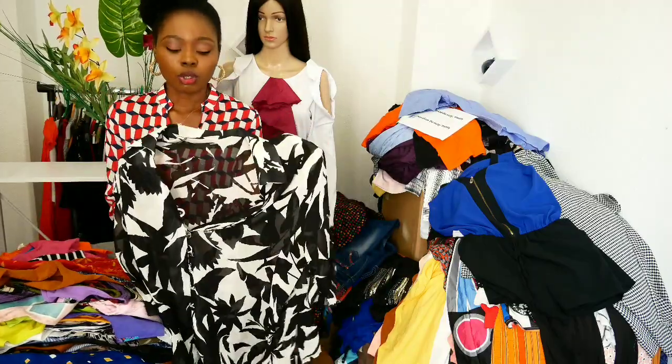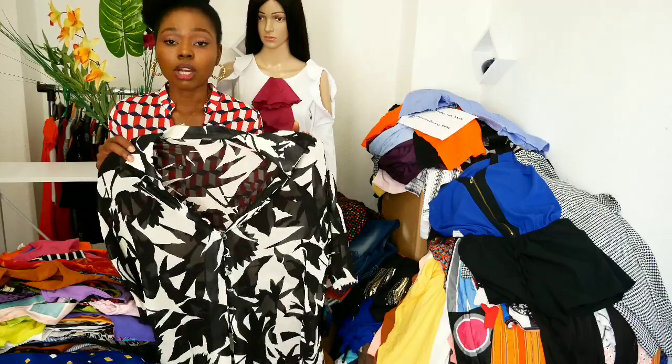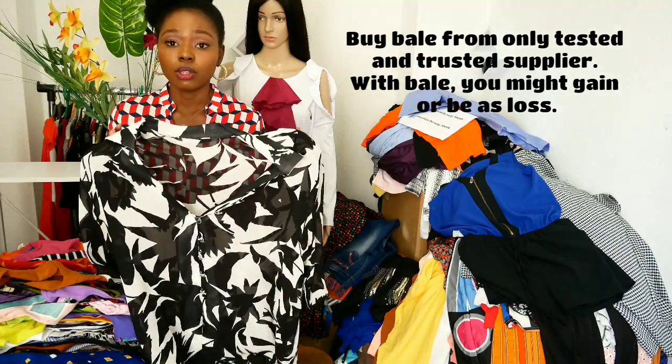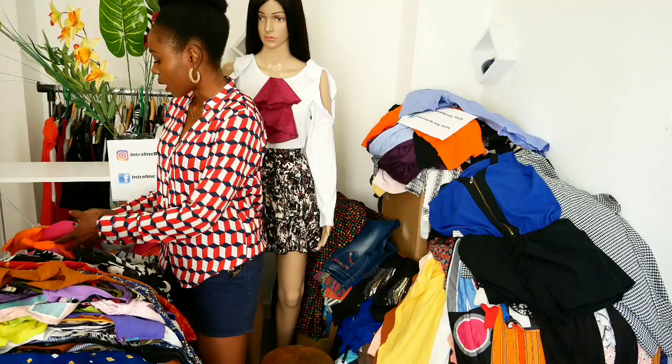So now take a look at this. This is a chiffon top. You can keep this in your store. Even if someone doesn't buy this immediately, you can keep it for another 1 year, 2 years. It's still going to look exactly like this. It's still going to be looking new. But if you buy a polo shirt like this,